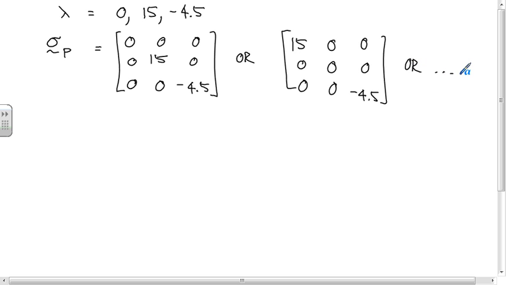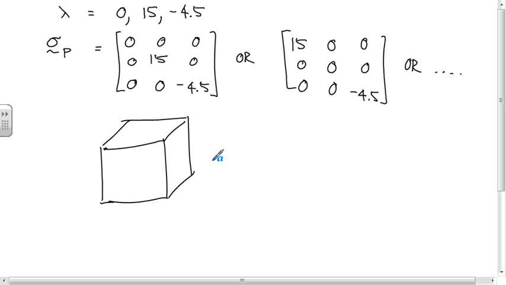Okay. But each one of those principal stresses is one of the diagonal elements of the principal stress tensor. All these are doing is, basically we've come up with a stress cube that's like this. Say we have a 15 going this way, a 4.5 going this way, and